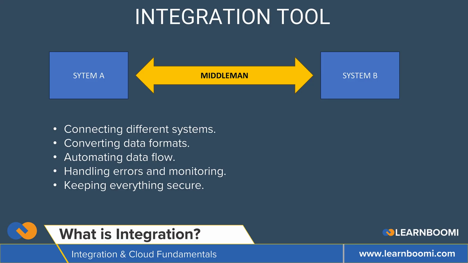Here's how it helps. First is connecting the different systems. A business may use different types of applications, as we have discussed. They have, let's say, cloud applications like Salesforce, SuccessFactors, Workday. They might have on-premise systems, SAP ECC, Oracle DB. Then they might have ERP applications, CRM tools, mobile apps, databases, legacy systems, SaaS applications. These systems often cannot talk to each other directly because they use different technologies, formats or communication methods.